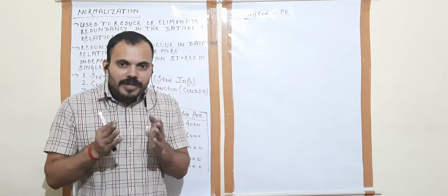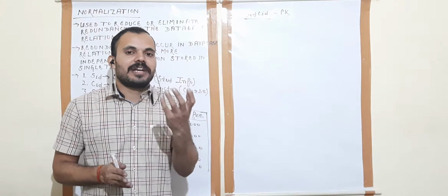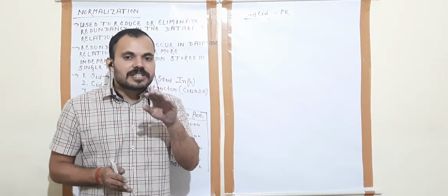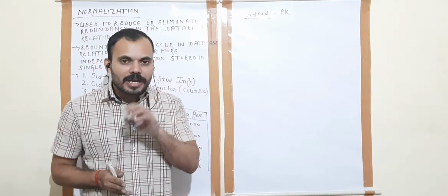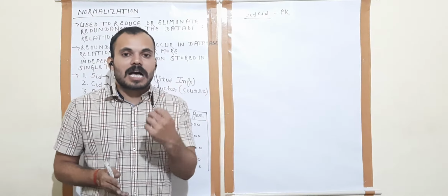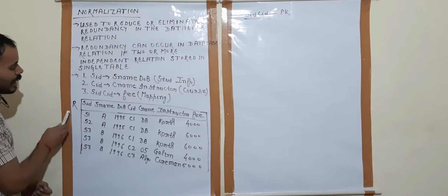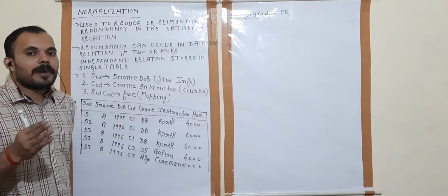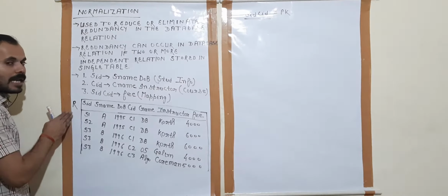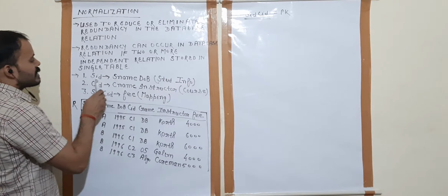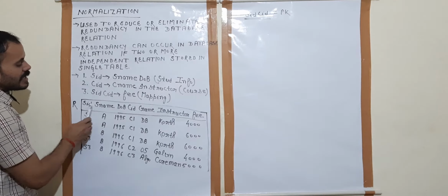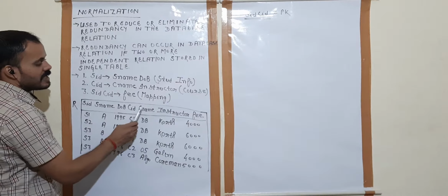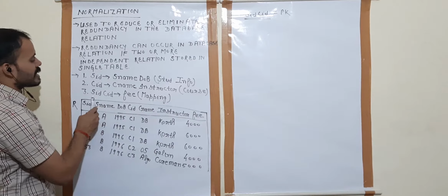When we store these three independent tables in one table, which is named R, see here, this is the table R. In the table R, I am storing three independent tables. Student information is SID, yes name, DOB, course is CID, C name, instructor, and mapping is